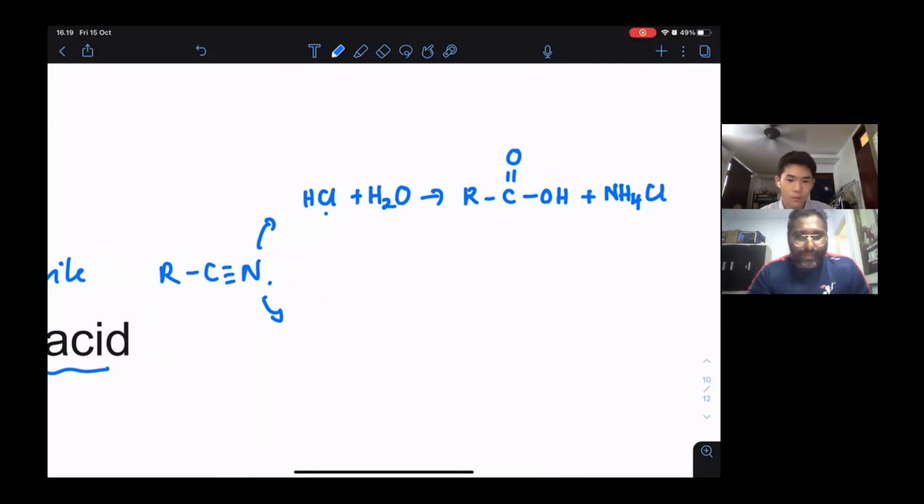Now there is another reaction also, which is if you react with sodium in ethanol, then this is going to be a reduction reaction that happens, where you have the RCN, you are going to have R,